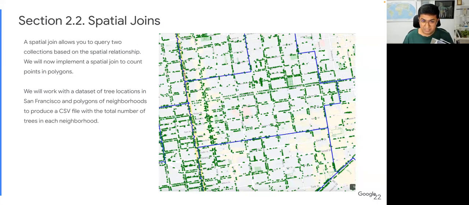Here is one example where, let's say, we have this green layer of points, which are the trees. The City of San Francisco collects data on where the trees are, and this is vector data of where all the trees are in San Francisco. And you have these polygons in blue, which are the neighborhoods, and you want to count how many trees are present in each neighborhood. So, counting points in polygons. That's a classic spatial join operation where you say, tell me how many points intersect each polygon, and I want